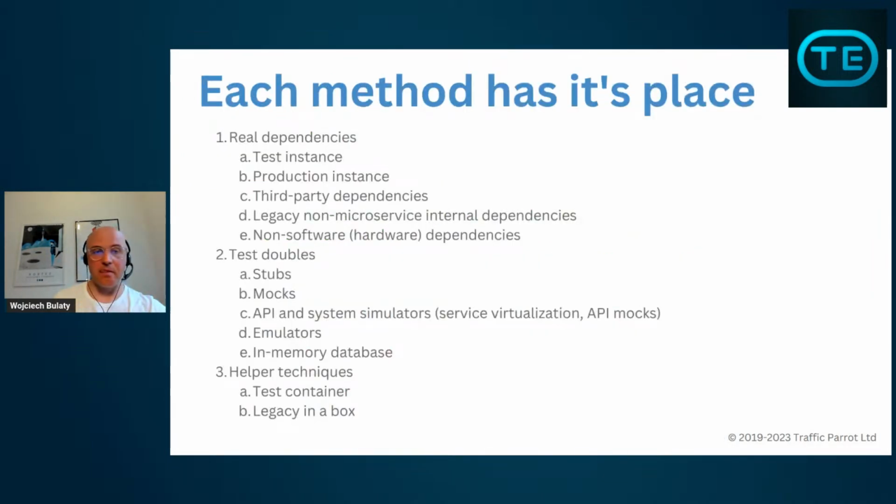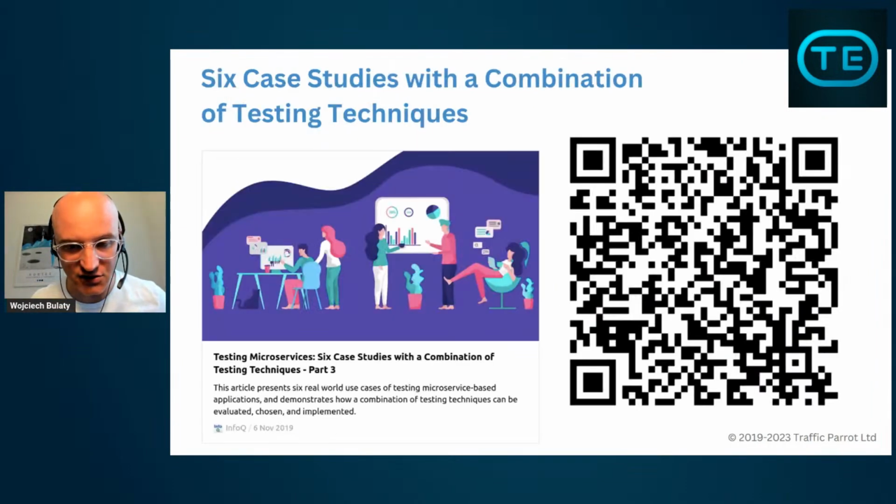Okay, so we've covered these 12 methods. The point I'm trying to make here again is each method has its place, and typically you'll be using a number of these methods as the complexity of your microservices architecture grows. So I've been talking for like 50 minutes here now, and right now we don't have much time to talk